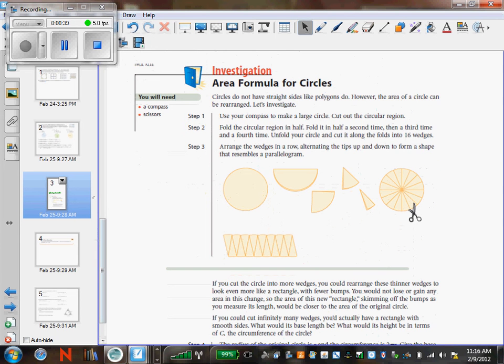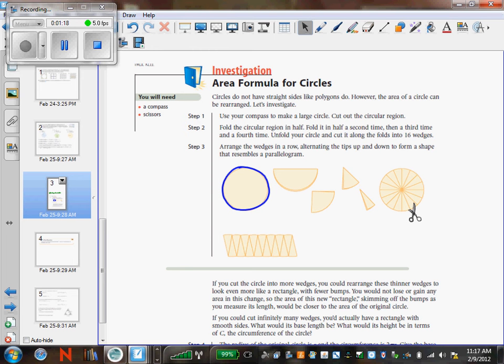So I want you to use your compass to make a large circle, drawn just like this. So take a white piece of paper and a compass to make a large circle. If you don't have a compass, maybe you could use a plate or anything circular to make or copy a circle onto your piece of paper. You then want to cut out your circle,